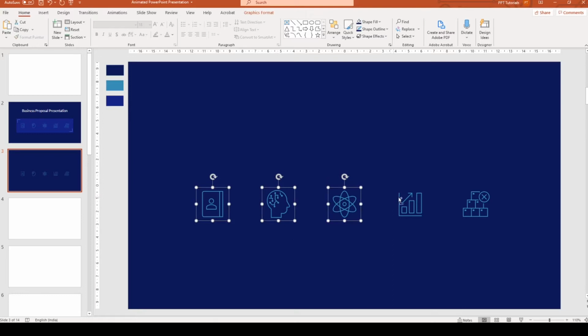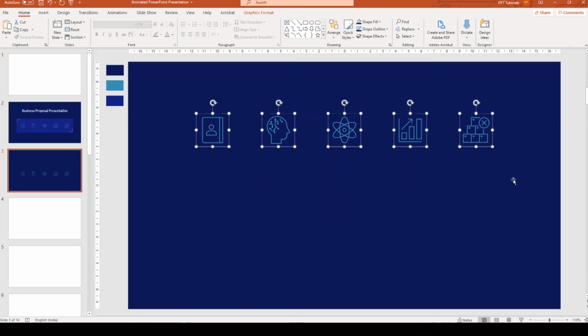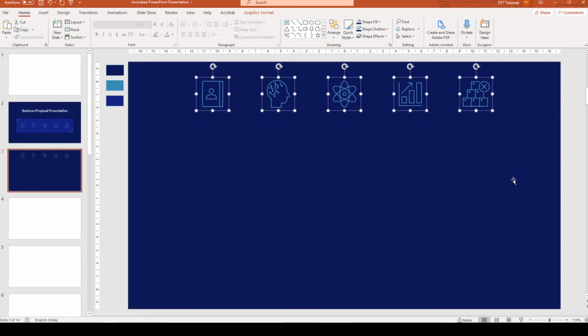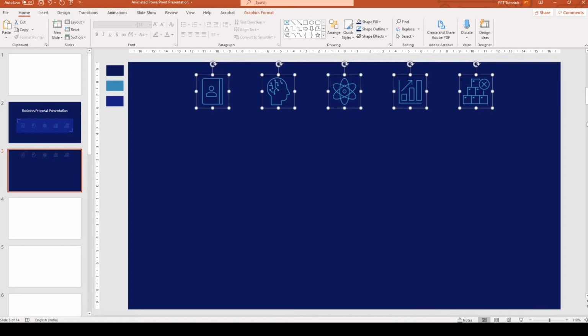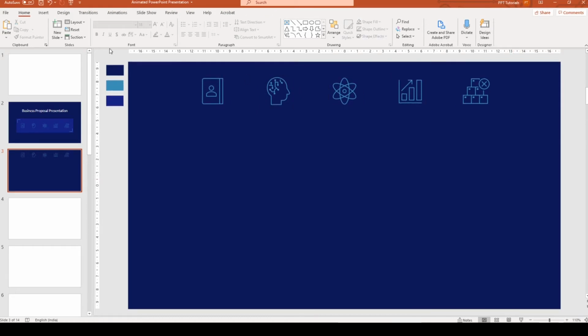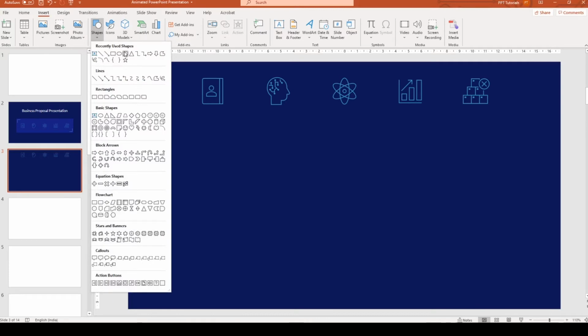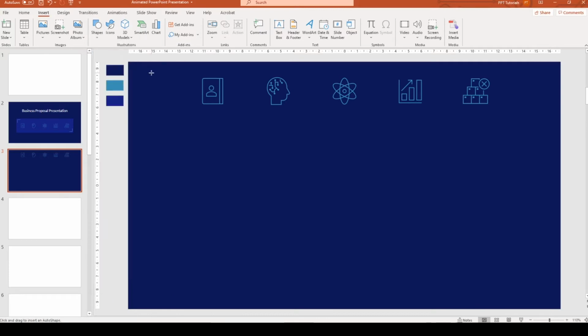So these merge with the background as well. Now I'm going to hold down Ctrl and click on each of the icons to select them all. Then pressing the upward arrow key on the keyboard, I will move them upwards. You can also use your mouse to move them around, but I find sometimes that using the keyboard gives me more precision. Now go to Insert, Shapes and choose Rectangle with rounded corners and draw the rectangle in the top of the slide on the left of your icons.